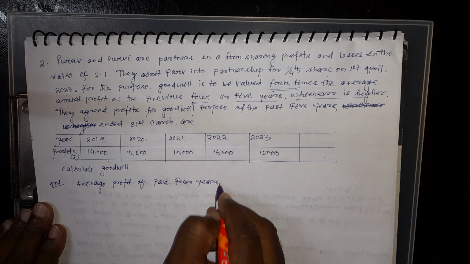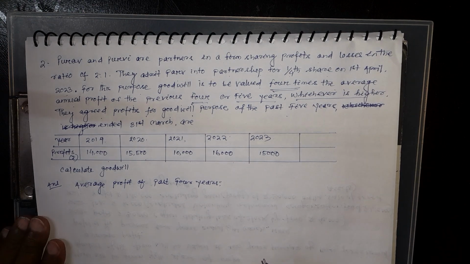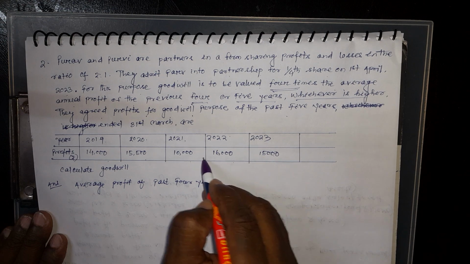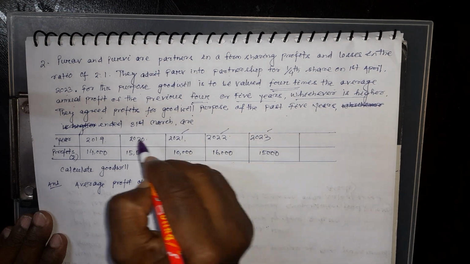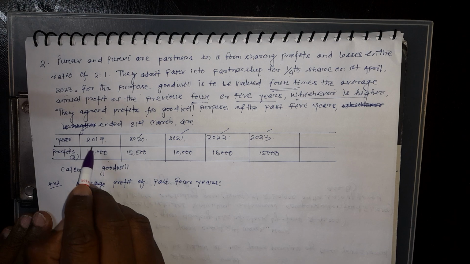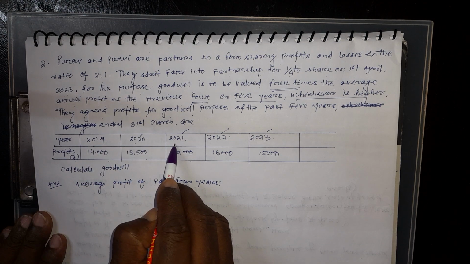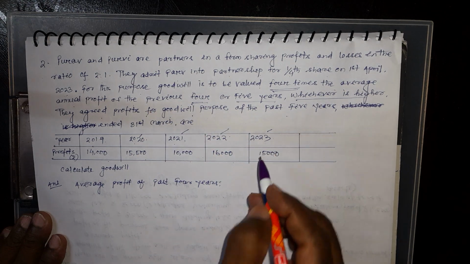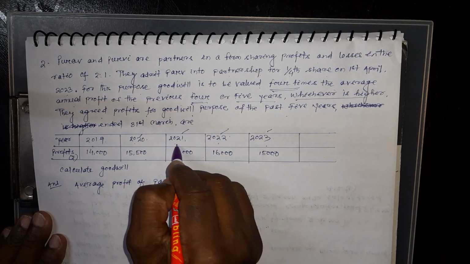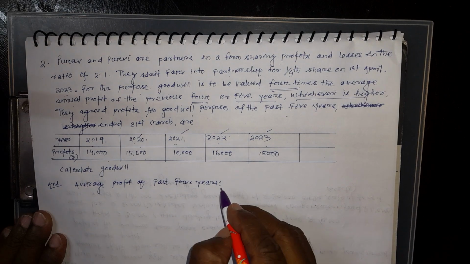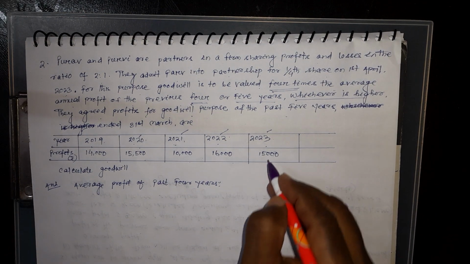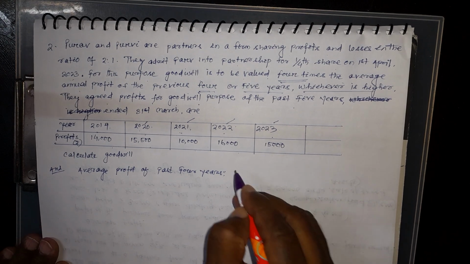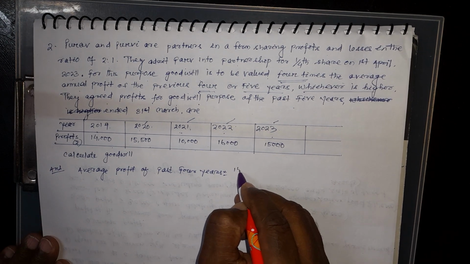Remember one thing, whenever you calculate the average profit of the past 4 years, take the values from this side: 23, 22, 21, 20. Not from this side, 19, 20, 21, 22. You will take from this side: year 23, then 22, then 21, then 20. Okay? So how will you calculate it? You have to add it. Clear? The 2023 value is 15,000